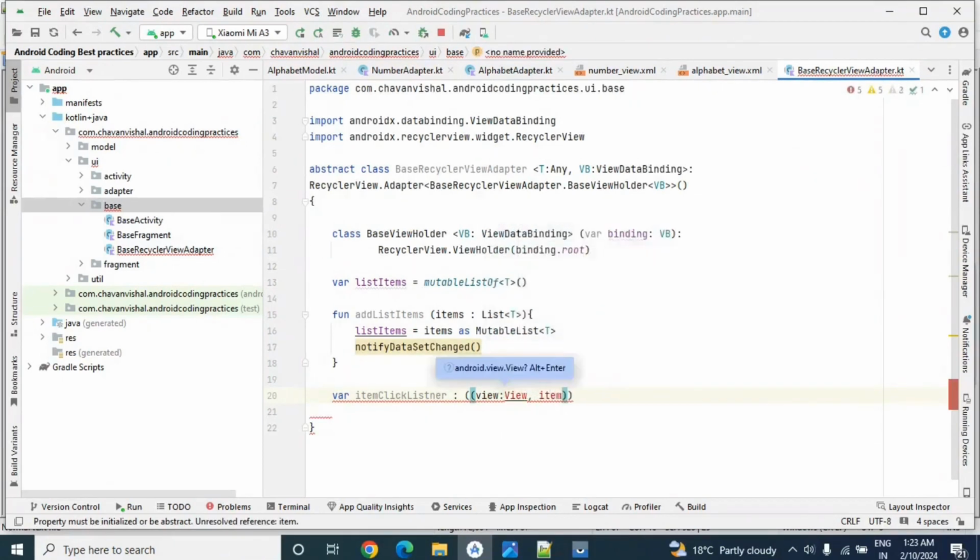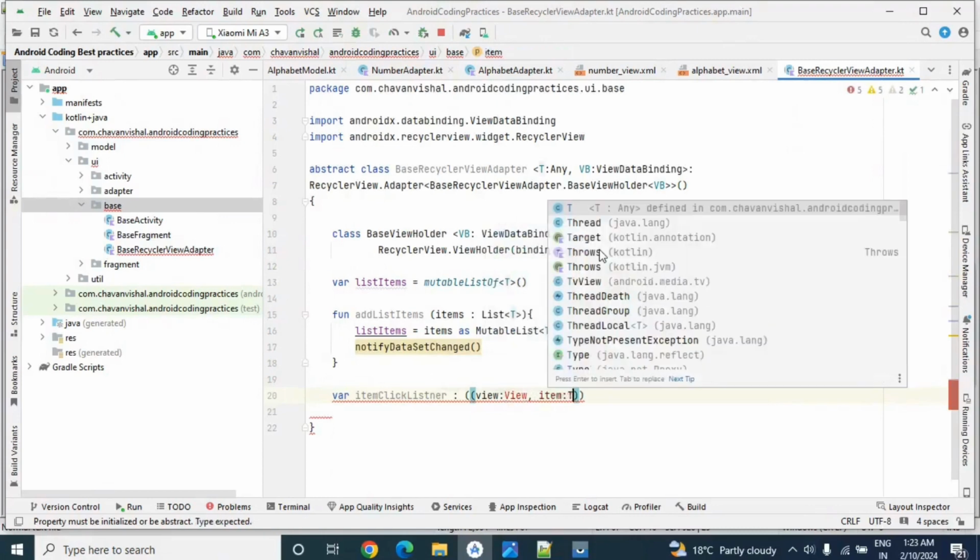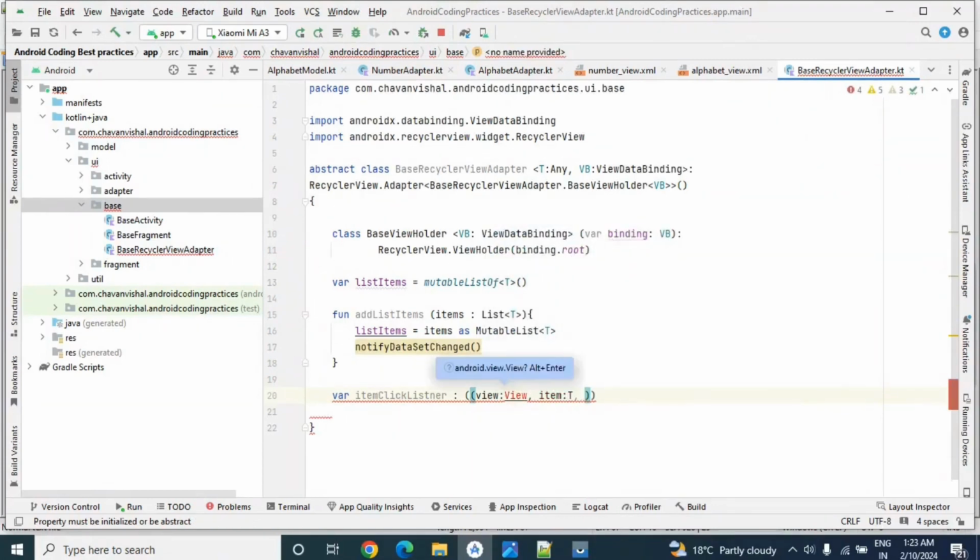Then we require item of type T. This item is just like our model class. And then we might require position of type int.